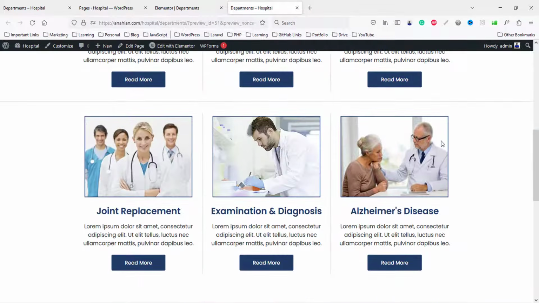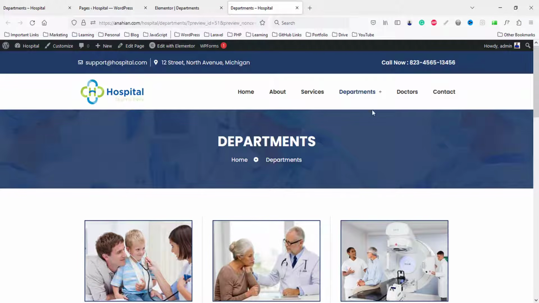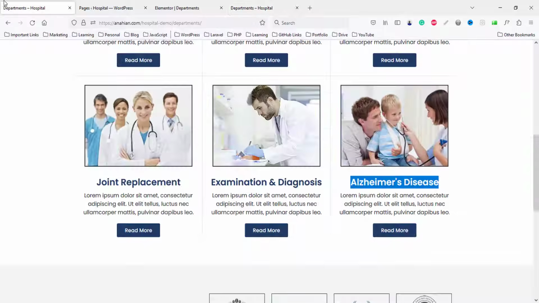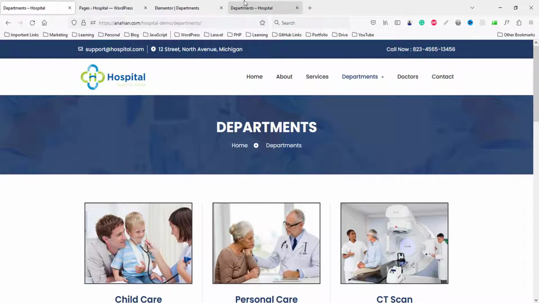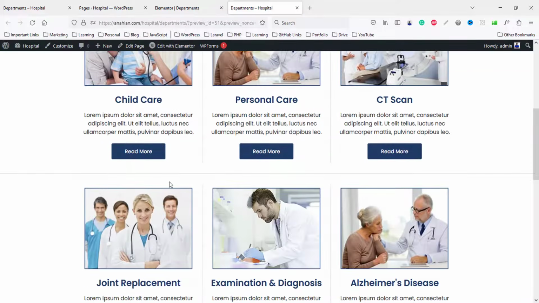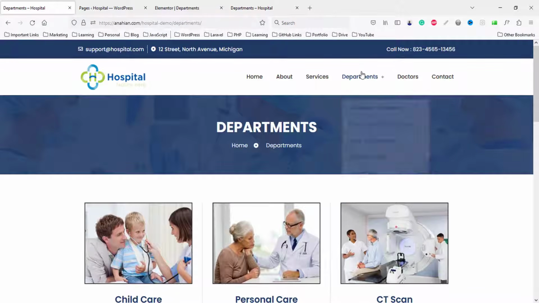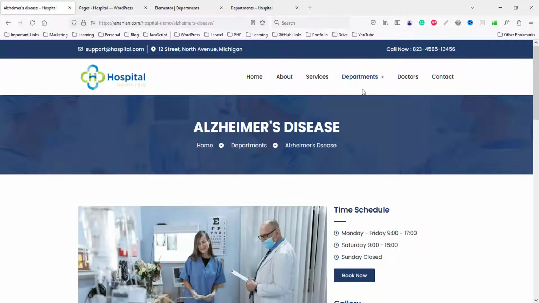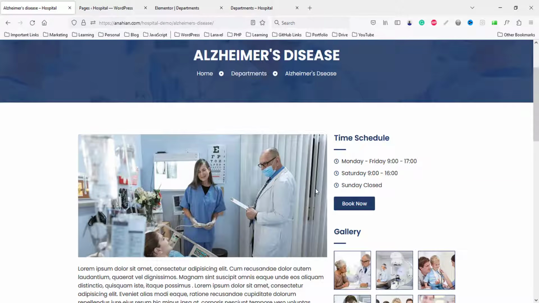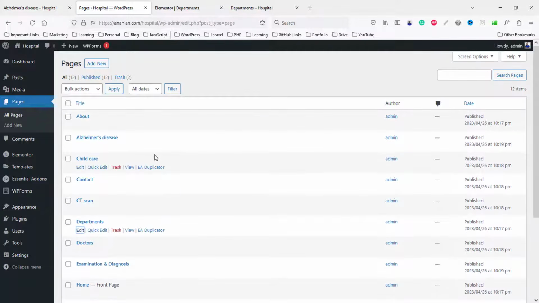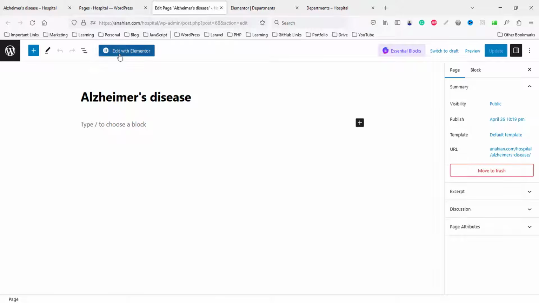So I think our department page okay, perfect. So we need, if you check our drop down pages, we need to create those pages. If you click any drop down pages here, and here border, yes, border is done. If you click any pages, you can check here, this is our single page. So for this we go to our pages, so we can just click here, just this page, edit with Elementor,